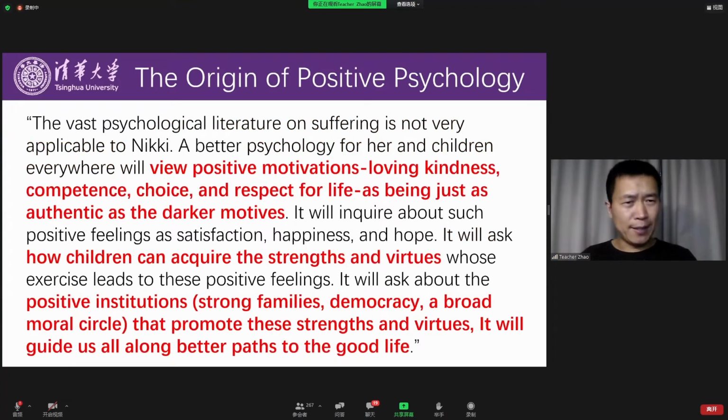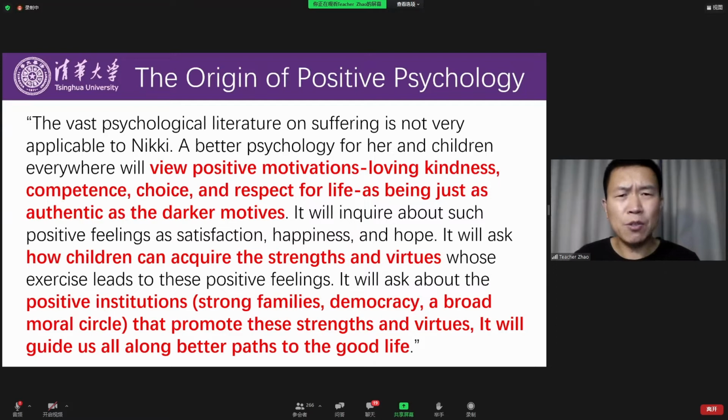And he realized that the vast psychological literature on suffering is not very applicable to Nikki. Because if we look at the psychology literature before the 1990s, most of it is on suffering and mental diseases and mental disorders and children's problems. So when we look at the psychology literature on how to raise a child, it's often about how to fix their problems. But Seligman realized that a better psychology for Nikki and children everywhere will view positive motivations, for example,